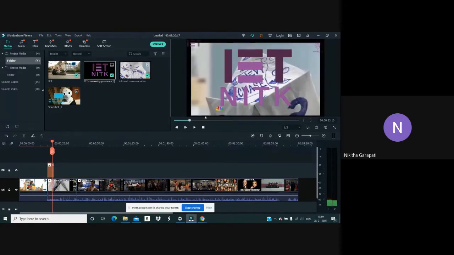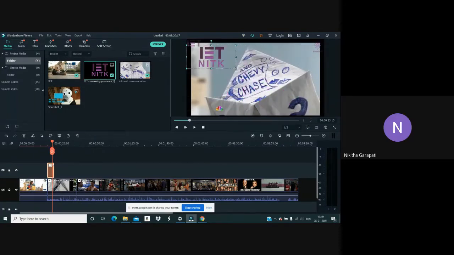If you want to change the position of that, you can do so by clicking on it and then adjusting according to your need.